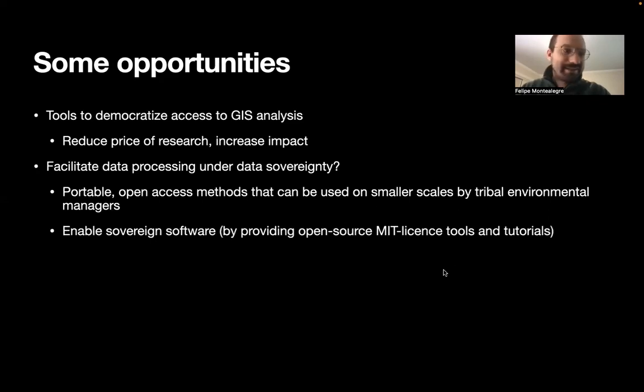So this is the second point I was making, this MIT license, tools that can be useful in this respect also.